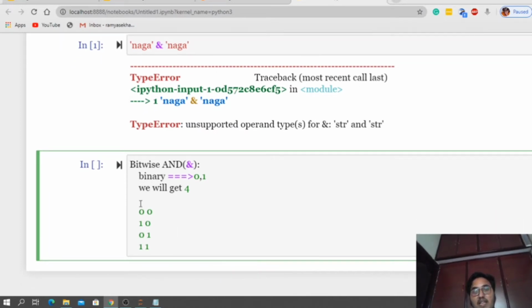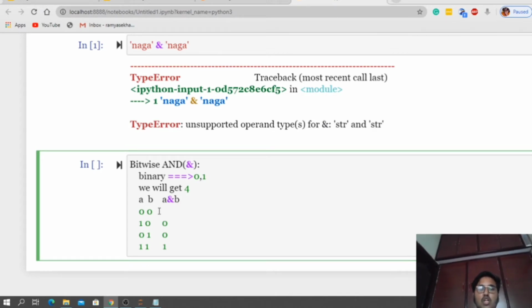Now let us take these as two variables, A and B. What if we apply A ampersand B? If you apply the AND operation, only if both are ones will we get one. Otherwise, we will get zero. Here one and one is one, and all the remaining are zeros.